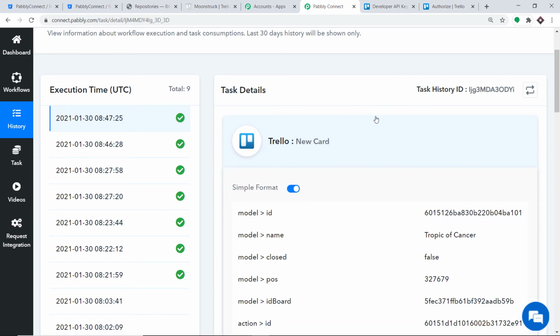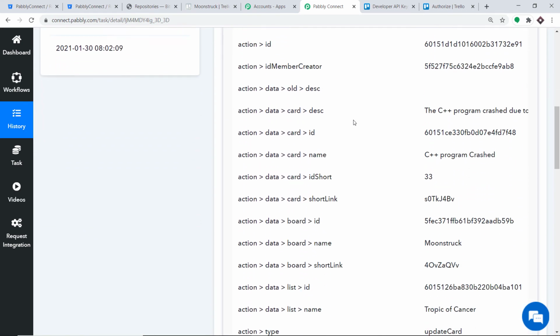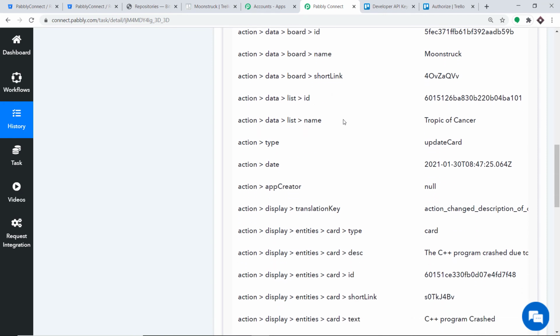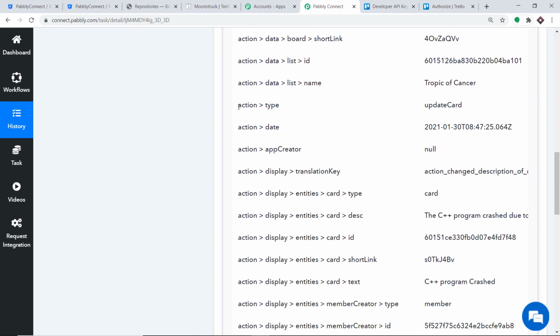So let us explore that also. When we scroll down and see the action type, as you can see, it is showing a different action type, that is update a card. My point is the API response is showing two action types, that is create a card as well as update a card. So not only is it creating a card, it is also updating a card in Trello. That is why two issues are being created for the same card.